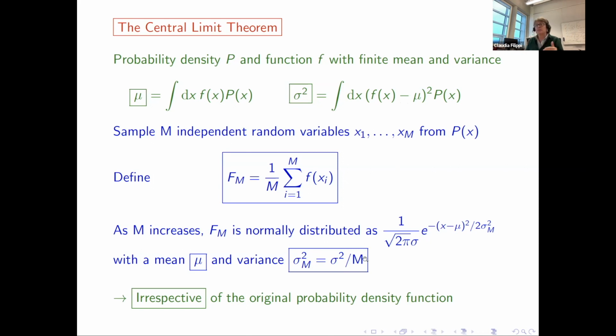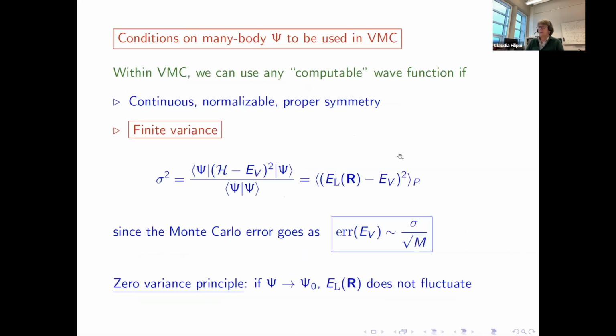And this is irrespective of the original probability density function P of x. So for a sufficient number of samples m, we reach the mean, and it also gives us a way to estimate the error. If I know how my local quantity fluctuates, I can estimate the error as sigma divided by the square root of m.